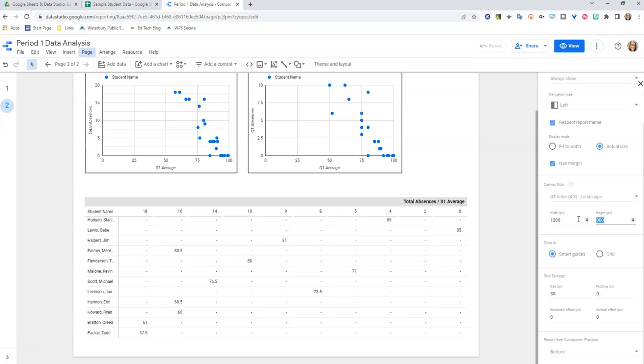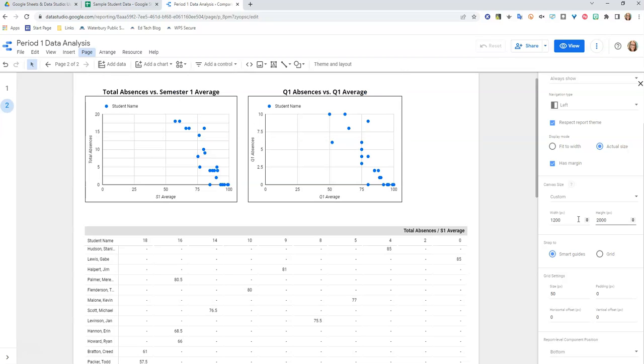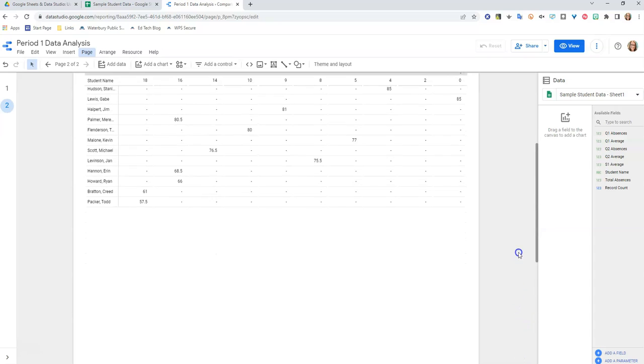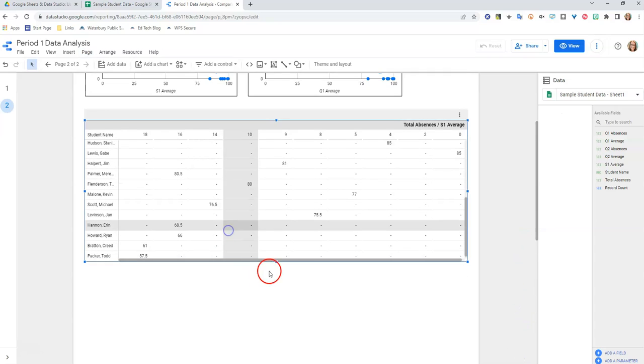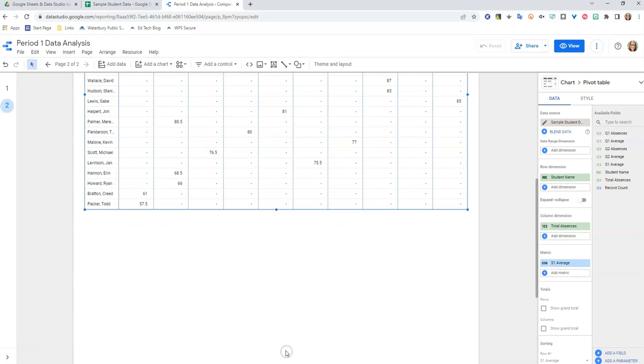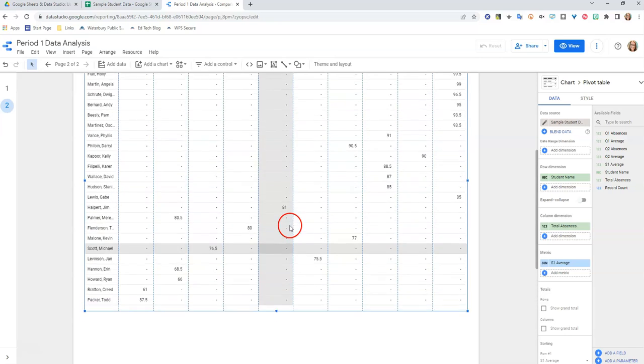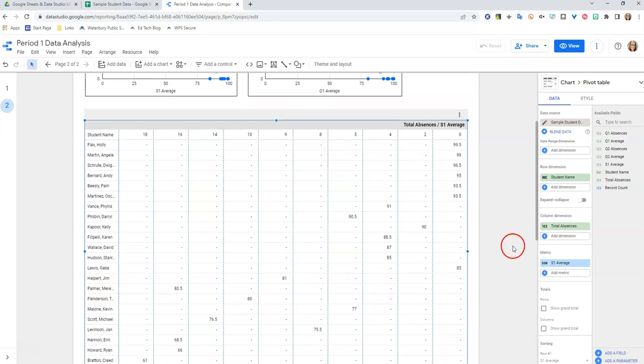So we want it to go down, let's just say to 2000. And 2000 will give us a much longer document here. You can see how that got bigger. That'll give us more room to drag this. Unless you're planning on printing this, I like to make these as big as possible to help me figure out what I'm looking at. So I can drag this down, and now I can actually see all of my data